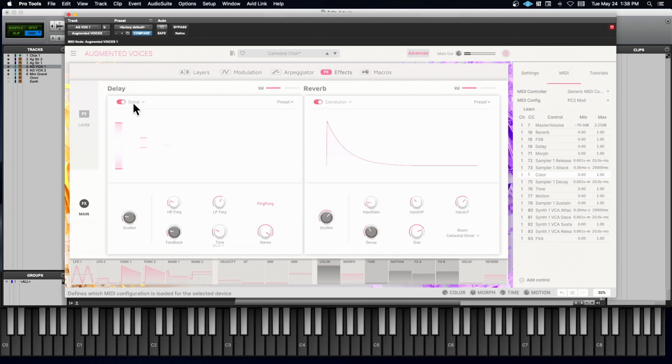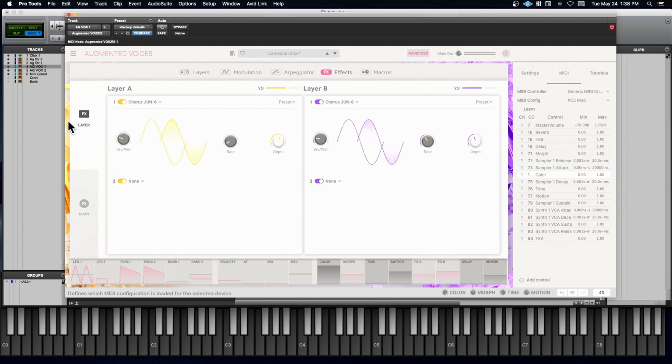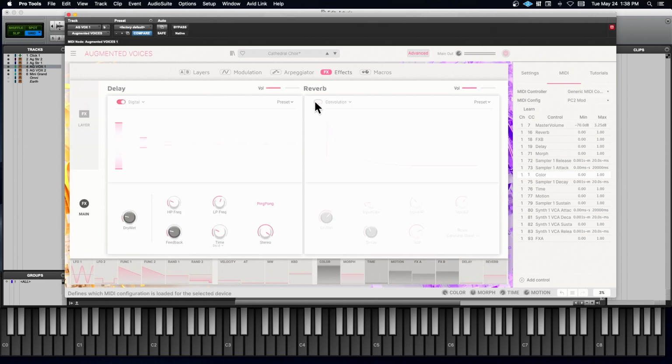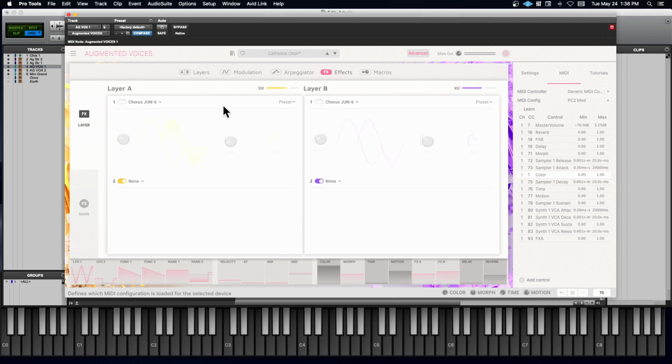Our effects, we've got digital delay, convolution reverb, but on the effects layer, we've got, again, chorus, the Juno 6 chorus on both of these. It adds so much. Let's turn off all the effects. And then we'll go back here and, right, when you add the Juno 6 chorus,